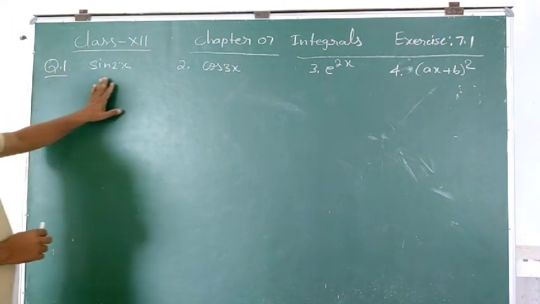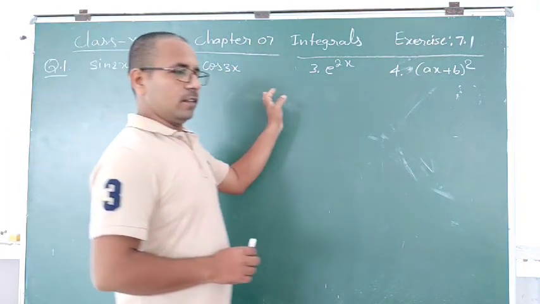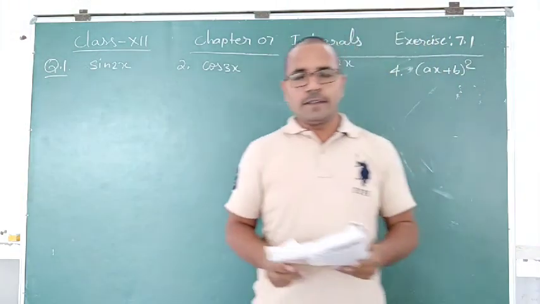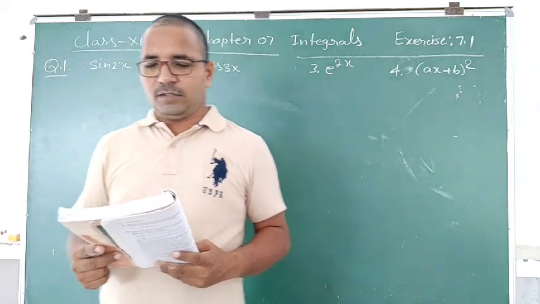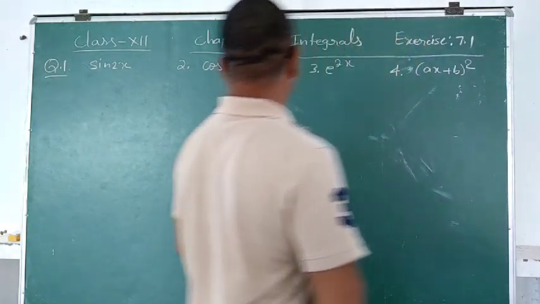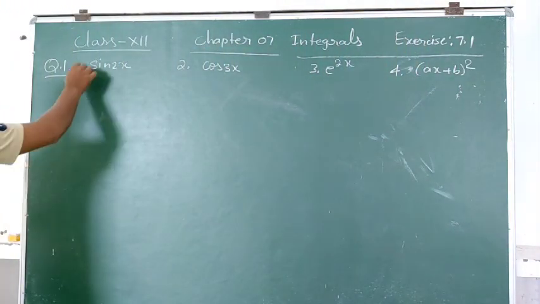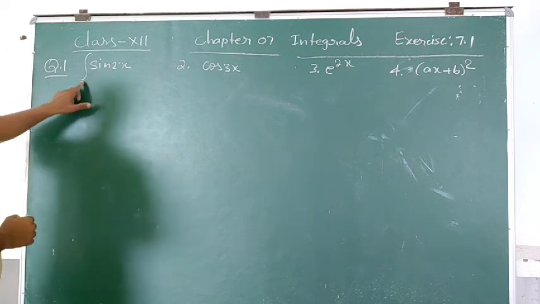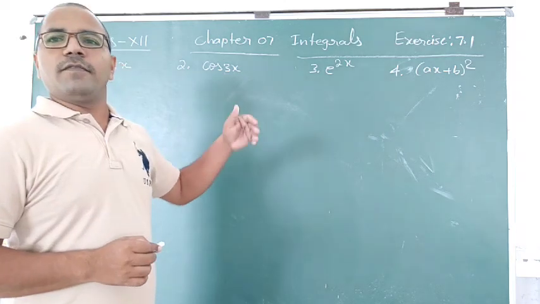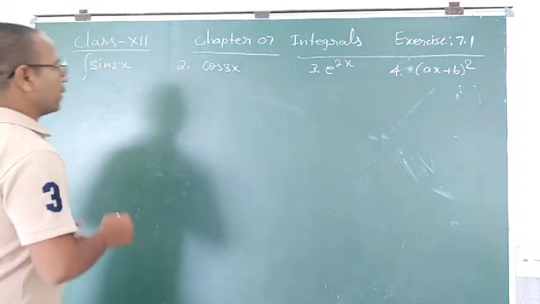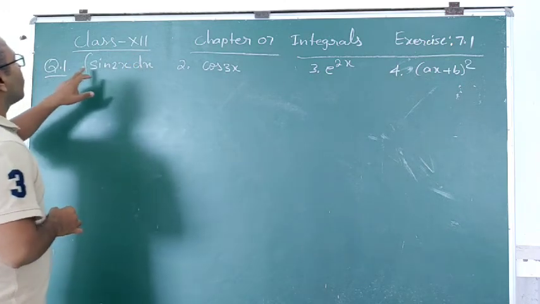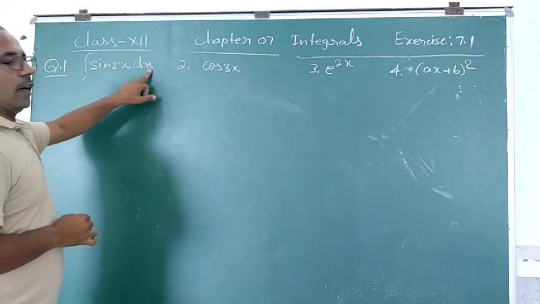So question number 1, let me integrate all these questions. So find the antiderivatives. The question is telling us to just find the antiderivatives or integral of the following functions. So let's see how we can find it. This one is the symbol of integral, and in which respect we are integrating, that will be shown by this dx. dx will show you we have to integrate this with respect to x.